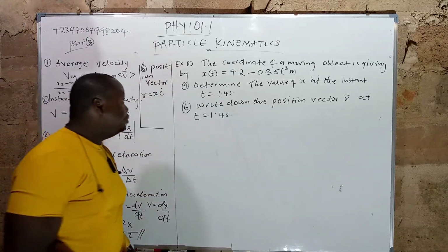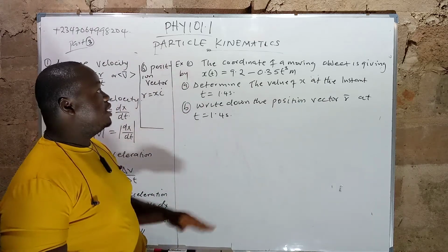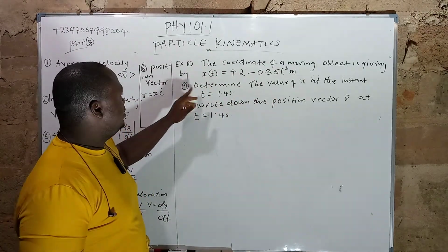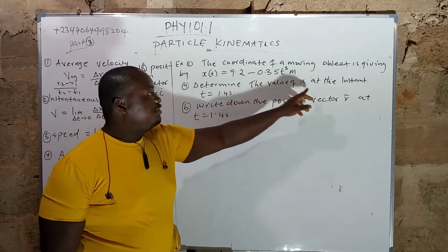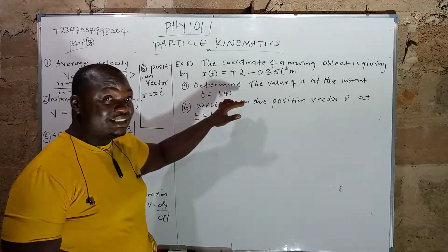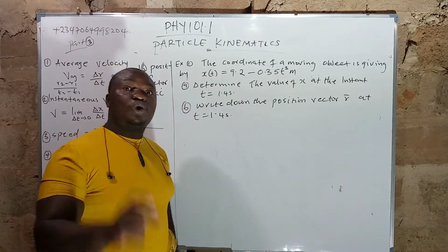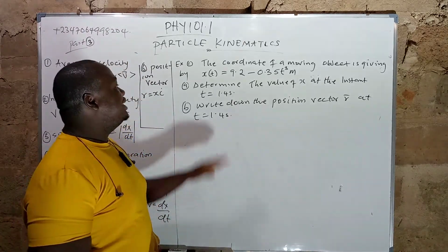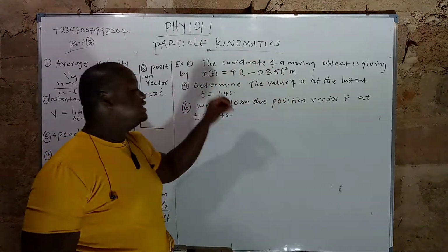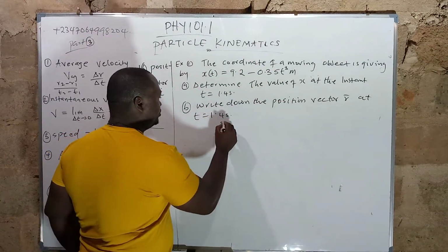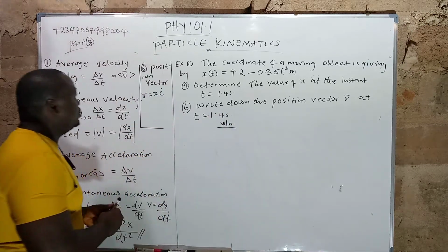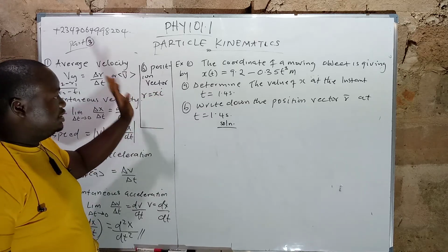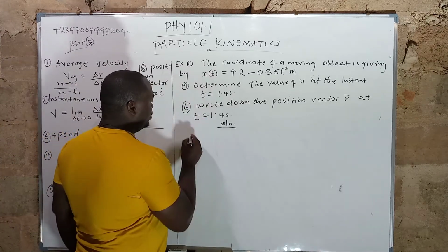Now we have a beautiful question at the board here. Look at the board here. We have example number 1. The coordinate of a moving object is given by S is this. The question is A. Determine the value of S at an instant T is this. This course is very simple, but you have to be extremely careful and smart. They just said determine the value of S at an instant T equals 0. Solution. Let's go. Before I go to this, I forgot to explain. This is position vector. R is equals to SI. That is it. Now, first of all, you have S(T)